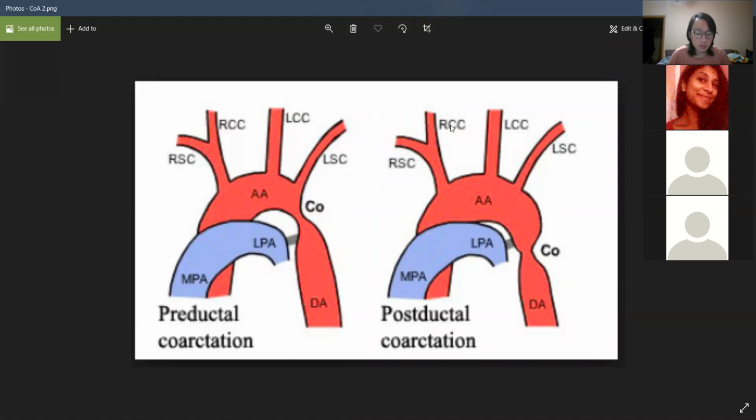So because of this, the collateral perfusion will try to compensate, right? Some of the arteries will be enlarged, some of the arteries will be dilated, and even in the heart, you'll start to hear murmurs as well, both systolic and diastolic murmurs and all that. So because of this, when you perform an X-ray on a patient with coarctation of aorta, especially in adults,